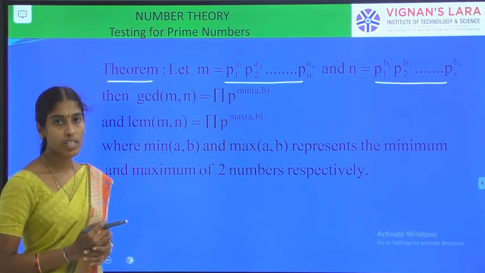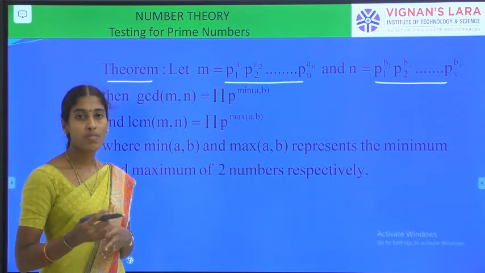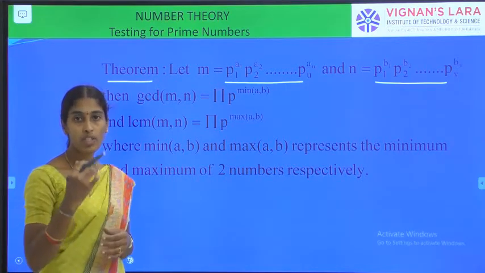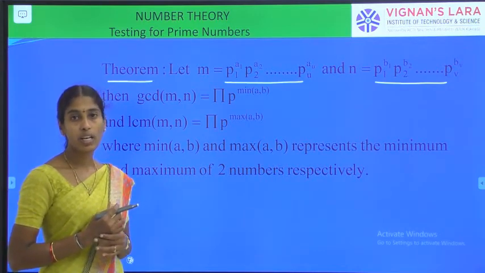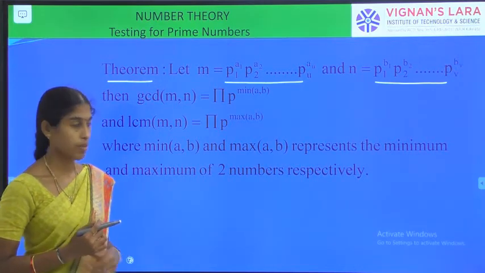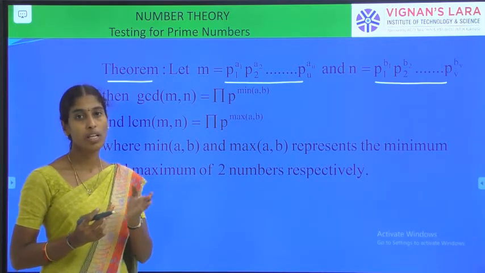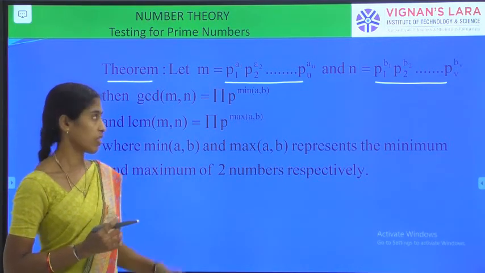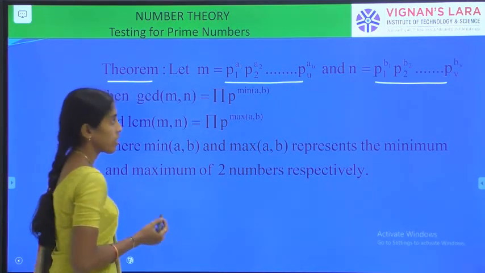In the previous classes, we discussed how to find the GCD of any two numbers by using the division algorithm as well as the Euclidean theorem. By using the Euclidean theorem, the last non-zero remainder in the division procedure is nothing but the GCD. But instead of using the Euclidean algorithm, here using the standard factorization we can find both GCD and LCM, right? If the method using the division algorithm is mentioned, you have to apply the division algorithm, then the Euclidean theorem. Suppose the method is not mentioned, then you can use this standard factorization method, right? So the standard factorization of m and similarly of n is given.